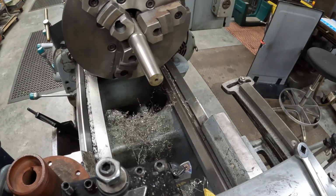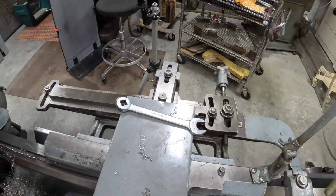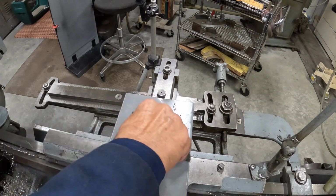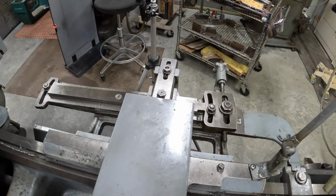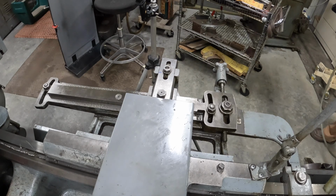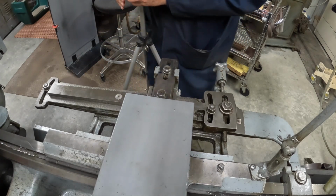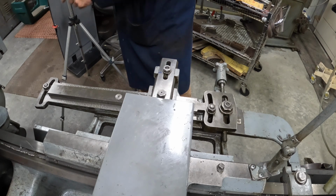I'm just going to pan the camera over there and take a look at this here. All right. Light out of the way. Most of you probably know what this is and how it works, but for those that don't have a lathe or are thinking about maybe getting one, a taper attachment is a nice option to have, but it's not critical to have. So let me show you how it works. This arm, or thing, I'm not sure of the correct terminology for this piece right here, but